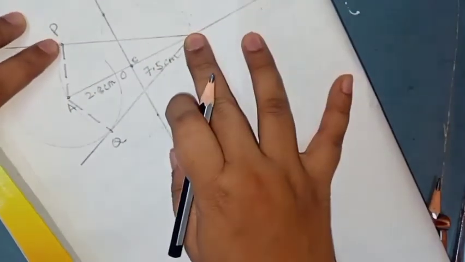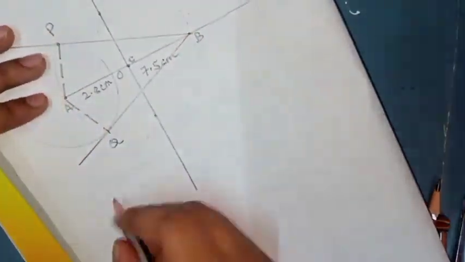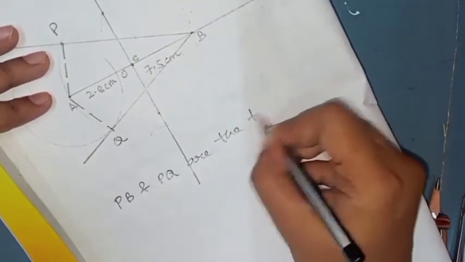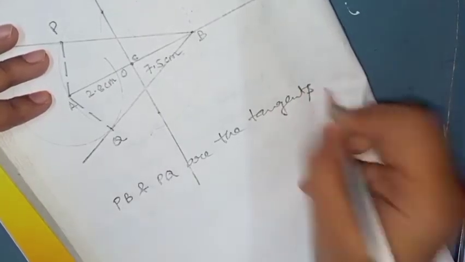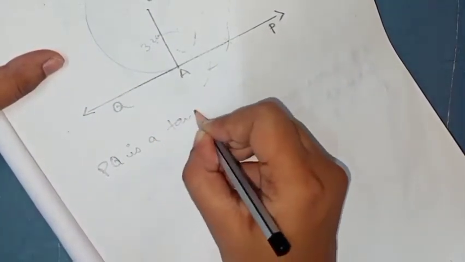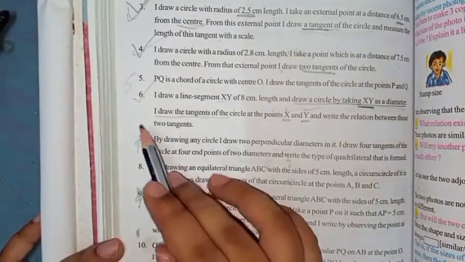Okay, first come to question number 3, which you have done already, that PB is a tangent, PB equals 6 cm. This one is okay. If you want to write for this one, what you will write, they are not asking what is the measurement of PB and PQ. Just write PB and PQ are the tangents. Okay, completed. Now in this one also, if you want to write, what you will write, PQ is a tangent. This is it. Okay, completed. Please complete your work.